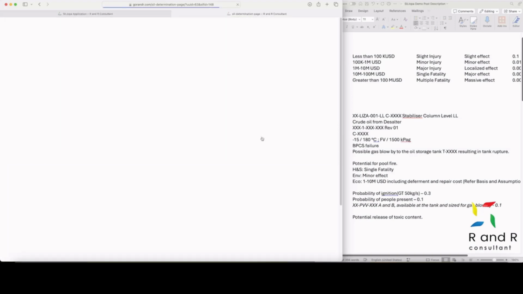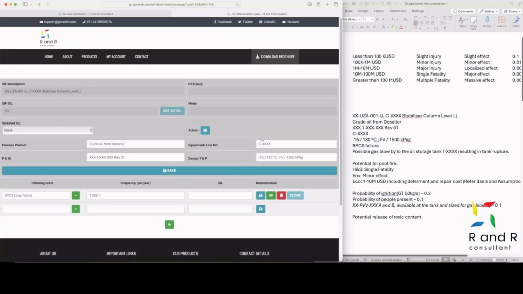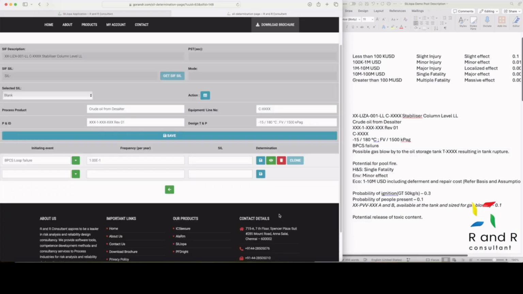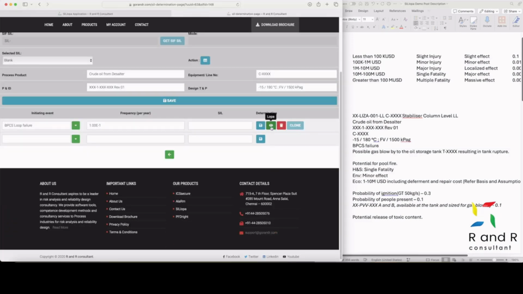SIL-LOPA is designed in such a way that SIL is calculated for each cause-consequence pair as advocated in LOPA methodology. Since all the initiating events do not occur concurrently, summing all of their frequency is not allowed in SIL-LOPA.